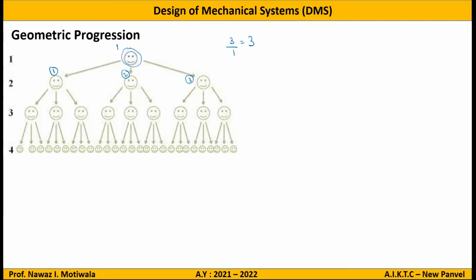Now just compare the third stage with the second stage. Now look at this: under this one person there are again 3. Let us say 4, 5 and 6. Again, if you take the ratio, it is 3 over only 1. So again, what will be the ratio coming? 3/1 equal to 3. Again, go forward to the next step.